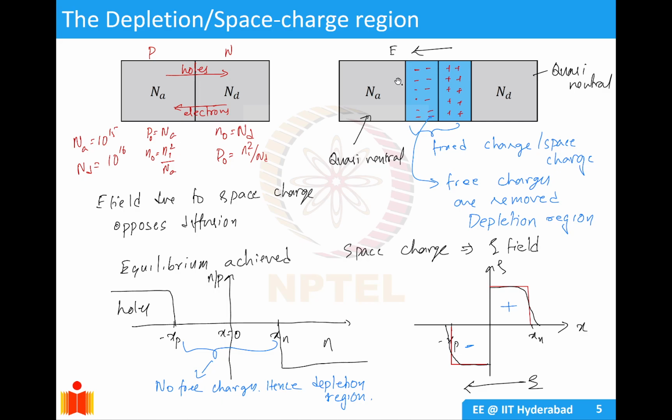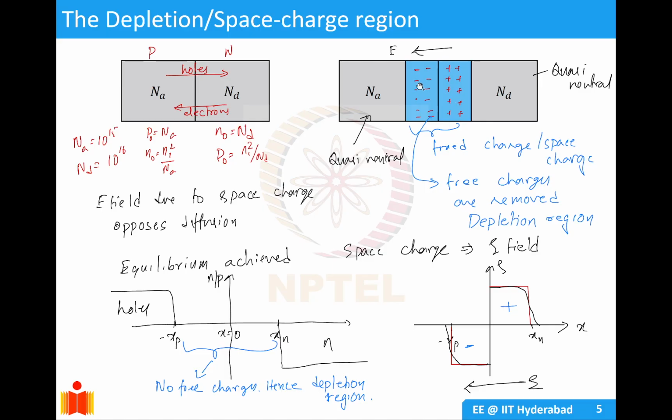It will oppose the further movement of holes and electrons, and so these excess holes and excess electrons become fixed in this region near the junction, and this region is called your depletion region,